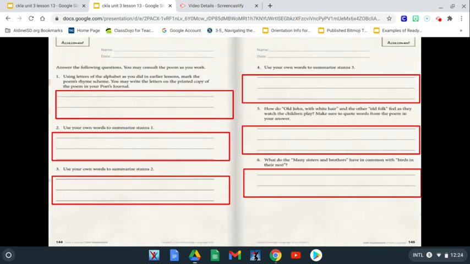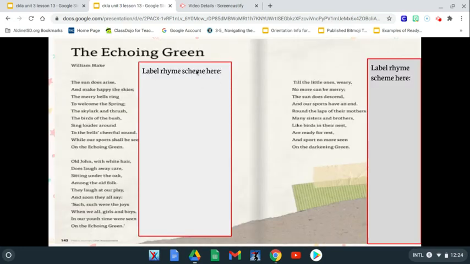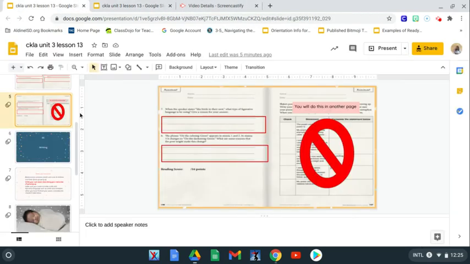So for number 1, it says using the letters of the alphabet as you did in earlier lessons, mark the poem's rhyme scheme. If you notice on your poem, I have boxes where it says label rhyme scheme. So for number 1, you're going to label your rhyme scheme. So for example,